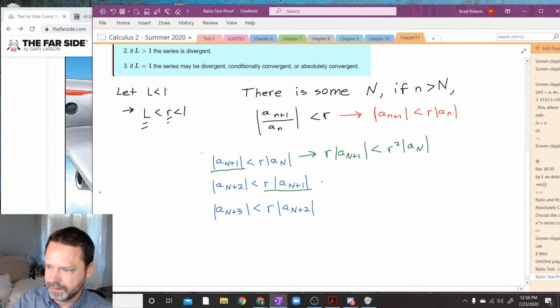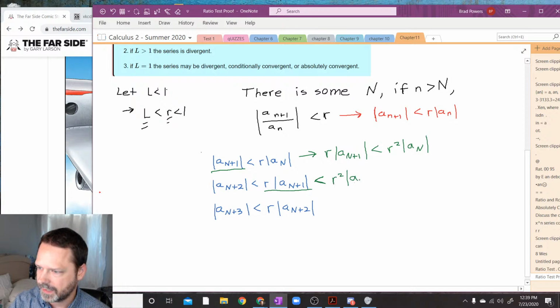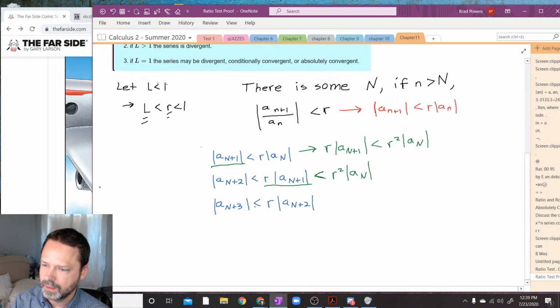Now, well, if that's the case, we could extend this. Well, wait a second. r is going to be less, so I could write that's less than r squared times a sub n. Okay, great. Now, if I'm looking at this, well, this is interesting. a sub n plus 3 is less than r times a sub n plus 2. Oh, so if I'm taking all of this